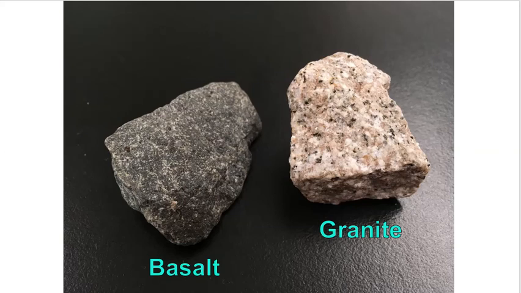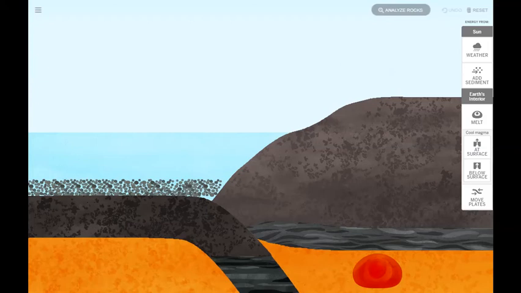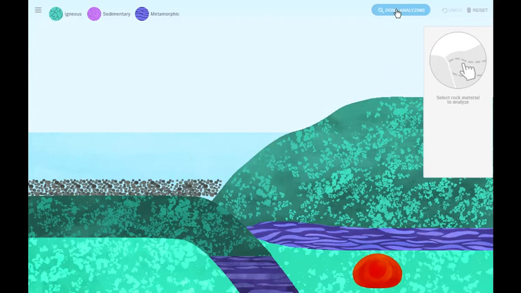Two types of volcanic rock that we are going to take a look at today are basalt and granite, both of which the video just mentioned, but we're going to explore the rock transformation sim to get a better understanding of how those two rocks form. Before I begin, I'm going to click here on the button that says Analyze Rocks, and when I do that,